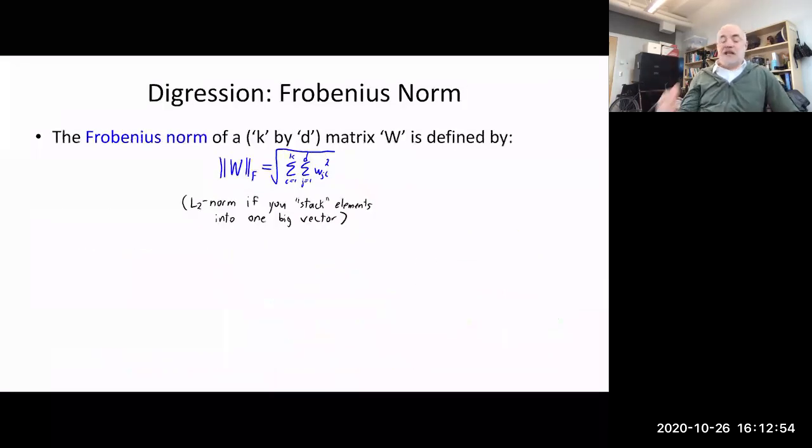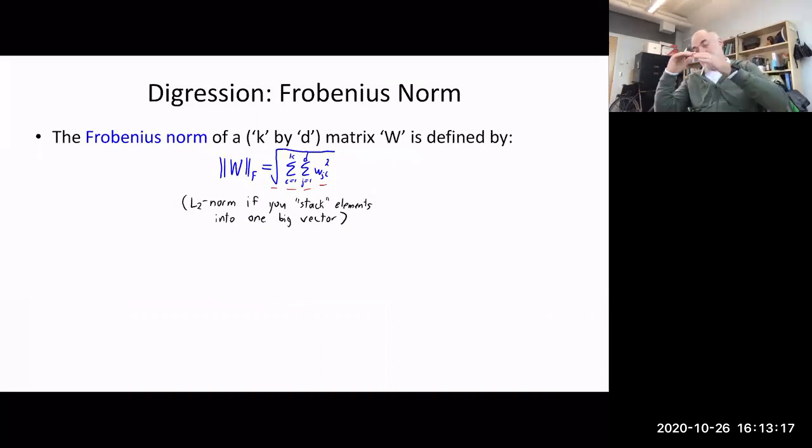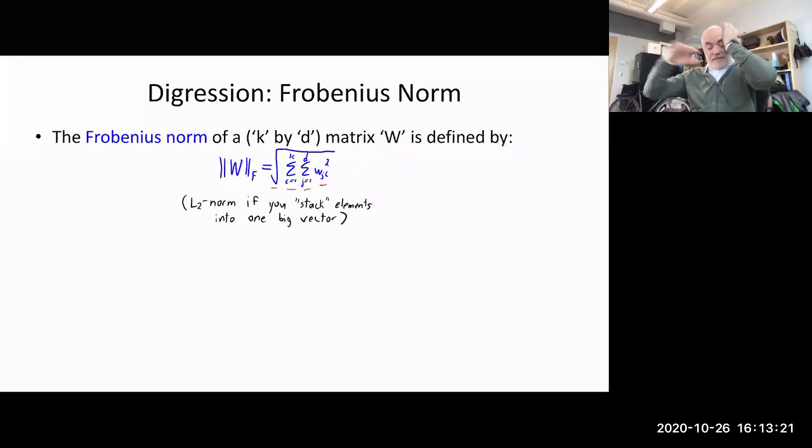A little notational detail, which will help in reading homeworks and writing stuff for exams, is that the Frobenius norm for a matrix is denoted in the following way. It's the square root of the sum over the rows and columns of the individual elements squared. And you can think about this as being the L2 norm of a vector constructed by stacking all the column vectors, or putting all the row vectors in a row and then taking a transpose to get a column vector, whatever,